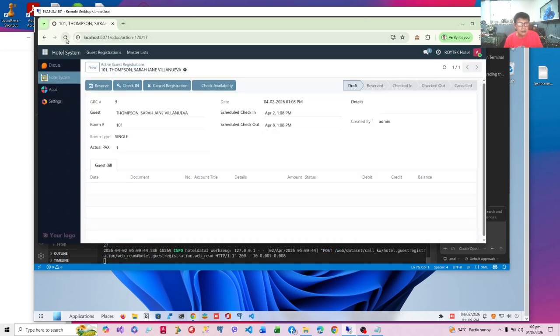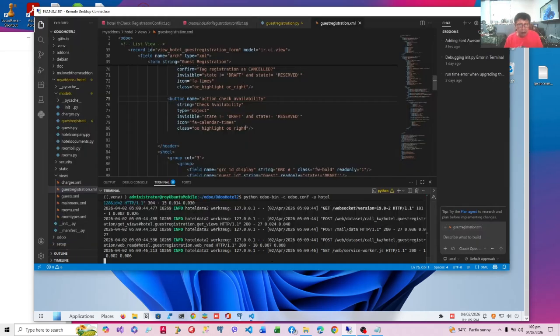Let's refresh this. Now we only have one check availability. Let's click this. We missed the one with the correct icon, so we'll put an icon. I think if it's FA calendar, it will show anyway.